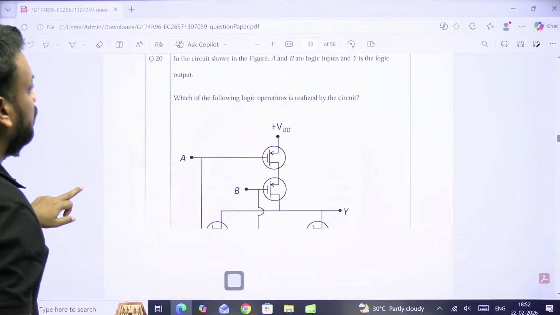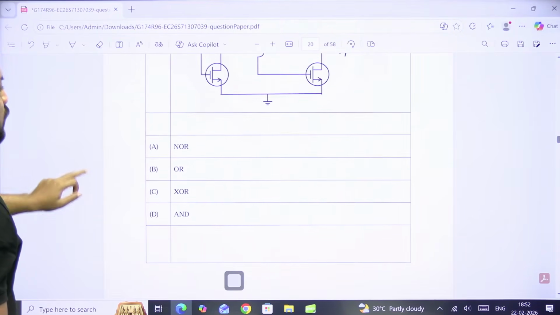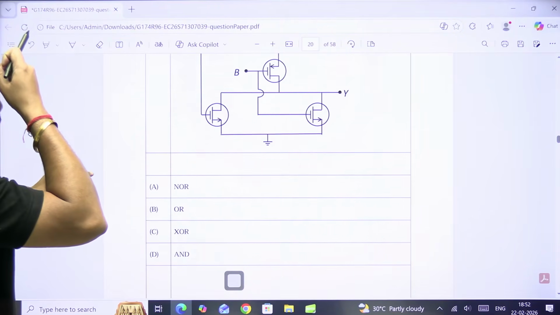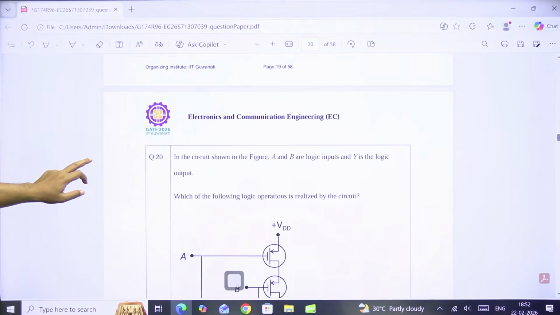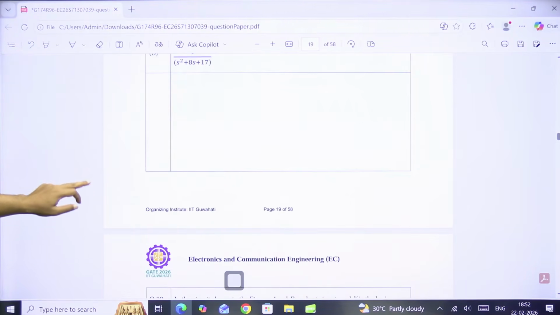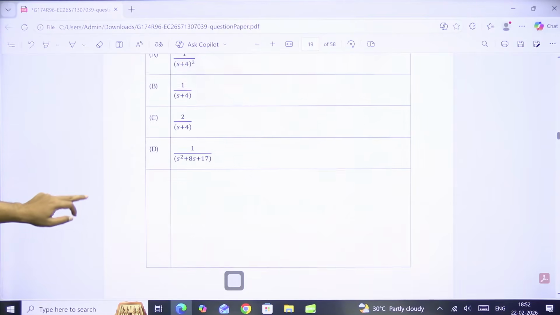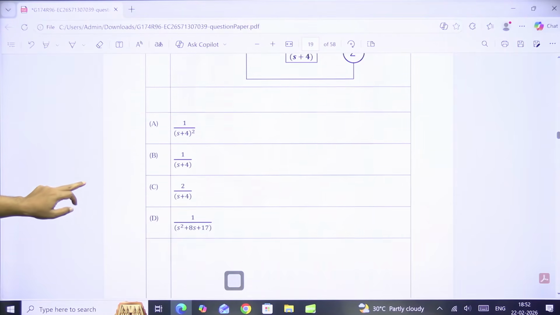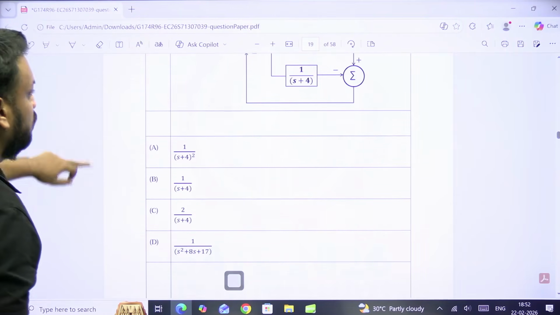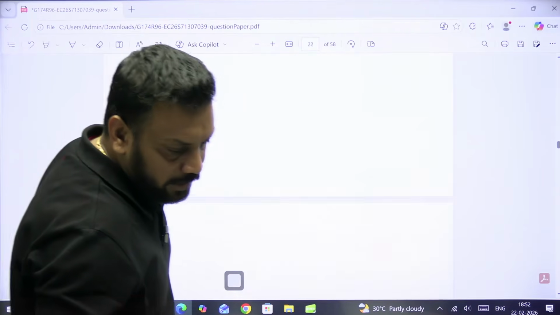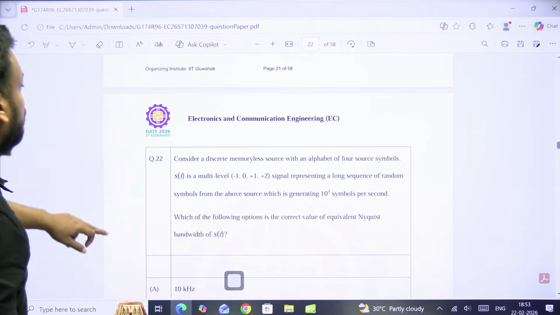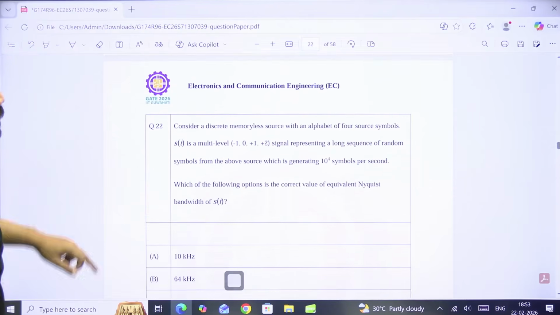क्वेश्चन नंबर 37, अच्छा एक मिनट रुकिए, ये कौन सा क्वेश्चन निकल गया? हाँ, ये क्वेश्चन तो हमने कर लिया ऑलरेडी, 1/(s+4) आंसर आ गया। कंट्रोल सिस्टम क्वेश्चन ऑलरेडी हमने कर लिया, हम सिग्नल सिस्टम की बात कर रहे हैं। क्वेश्चन नंबर 37 का वेट कर रहे हैं।